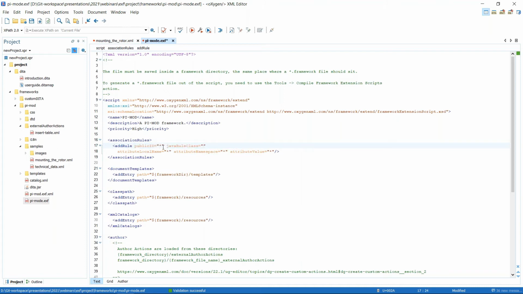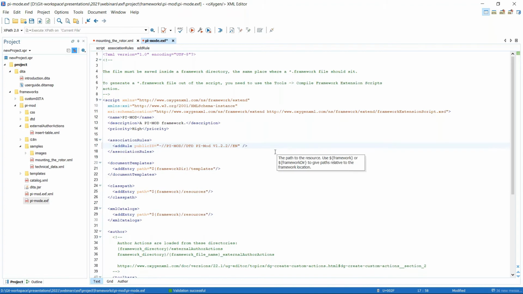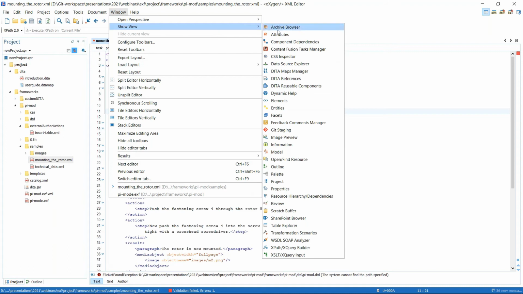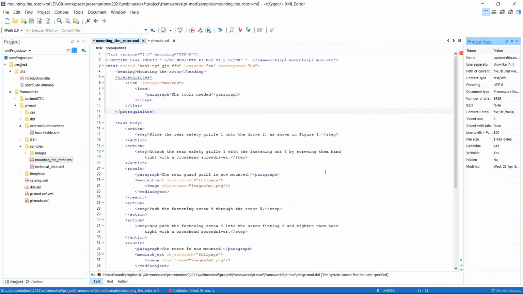The public ID here is enough. So we put the public ID here and we save it. Now, if we go back to the document and we show the properties view, you'll notice here that it matched. So our P-mode document has been matched,